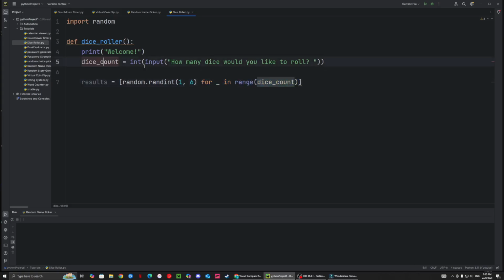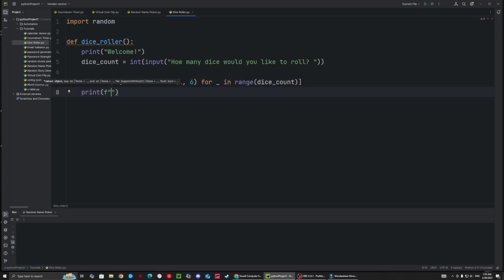If dice count is 1, it's just going to do it one time, picking randomly from 1 through 6. But if we say a dice count of 3, then we're rolling 3 dice, so it's going to pick a random number from 1 through 6 for each one of those dice. It might say 1, 1, 1, it might say 1, 3, 6, whatever, something random. And then it's going to print f,